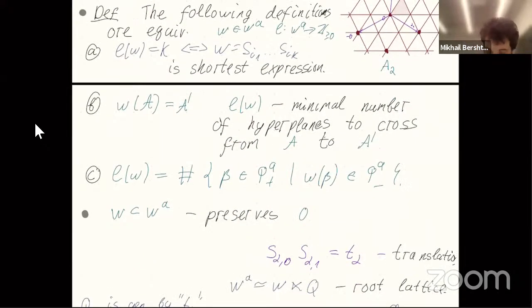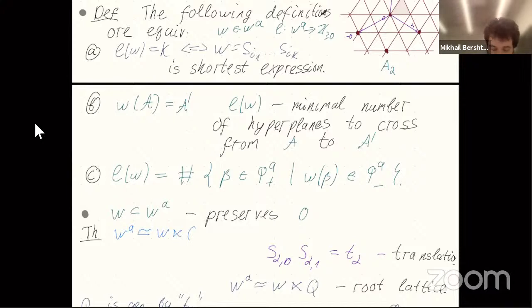And the claim is, let me put it as a theorem, that the affine Weyl group is isomorphic to the semi-direct product of the finite Weyl group and the root lattice,